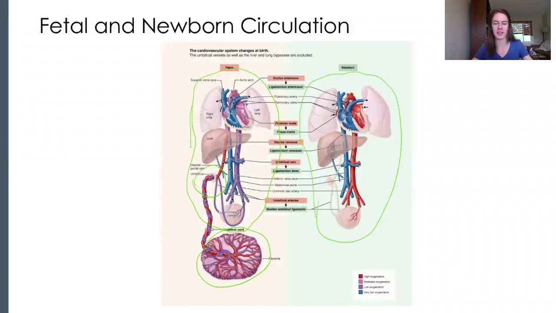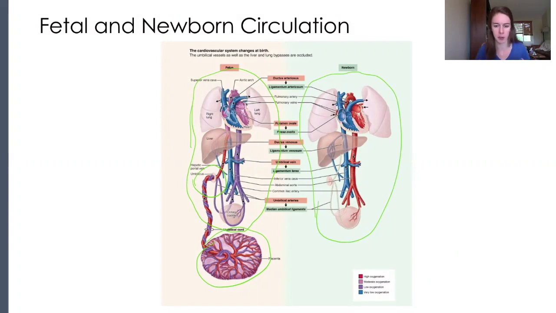So the placenta is still attached to the endometrium of the uterus, but you have all of these special umbilical veins and arteries that are going to bypass the baby's lungs and allow oxygen and nutrients to come from the placenta. So pay attention to these, because all of these are going to be important for those processes, and they're all going to essentially just close off after birth. Once the baby takes its first breath, it can then pass air in and out of its lungs. And so the ductus arteriosus and the foramen ovale in the heart are going to close, basically with the pressure of just like blood pushing back against them,